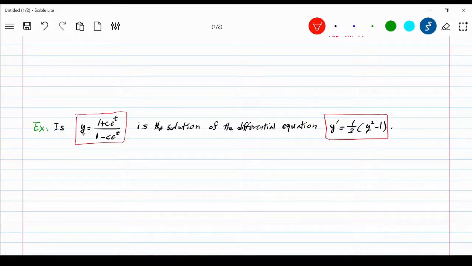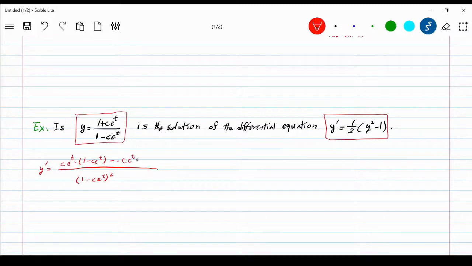So y is given. We just need to figure out what y prime is to see if it satisfies the equation. Y prime, you have to use the quotient rule. So here, (1 minus c e to the t) squared. Derivative of the numerator: c is a constant, derivative of e to the t is e to the t, multiplied by 1 minus c e to the t, minus the derivative of the denominator times the numerator, which is negative c